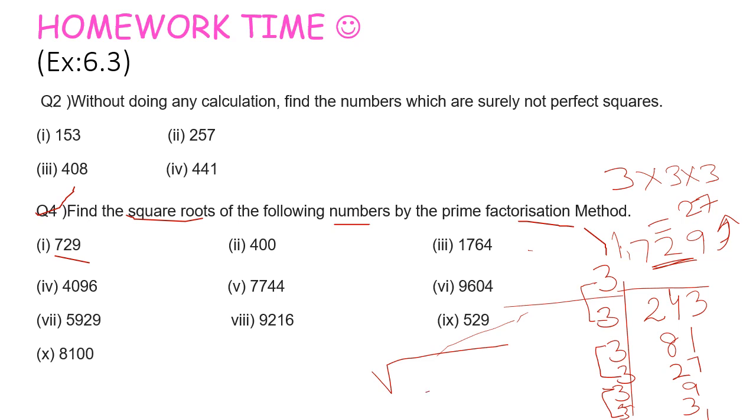But this is how you have to do it. You have to write down all the prime numbers under this symbol. Show how you are making the pairs by grouping them, by putting the sign over them like this. Okay, like 3 into 3, this is my first pair. Then 3 into 3, this is my second pair. Okay, like this you have to show, and then you have to take out one number out of each pair and then multiply the result. Okay, then multiply and find out the product. That will be your square root. I hope you will be able to do all these questions, and once you are done, then revert back to me with your solutions. Okay. Okay, bye.